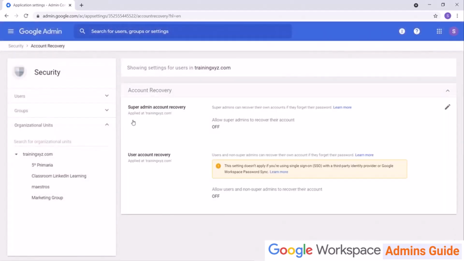Account recovery determines which users may use automated self-recovery to log in if they forget their password. Given their high level of administrative access, you may choose to disable the ability of super admins to reset their accounts, requiring another super admin to do it. However, smaller organizations with fewer super admins may find this to be